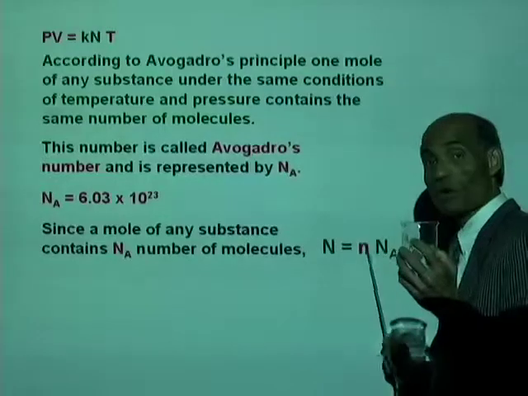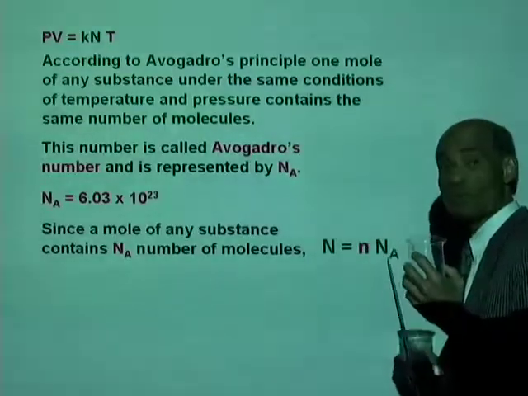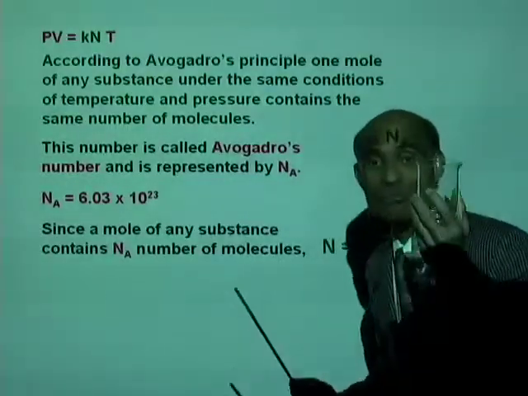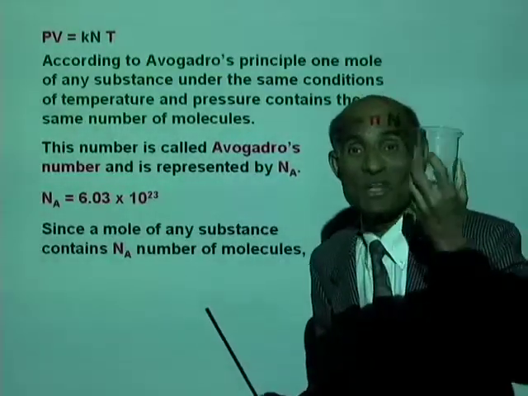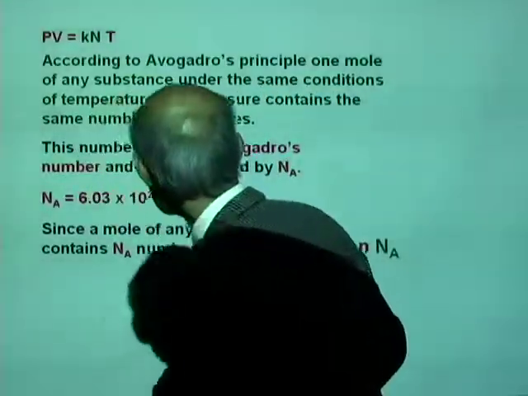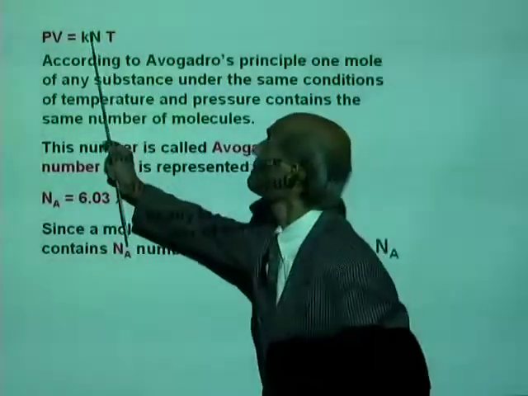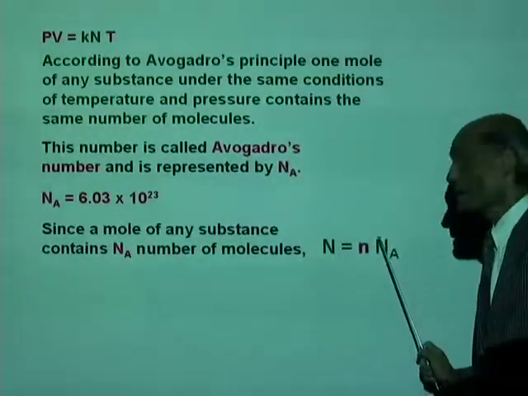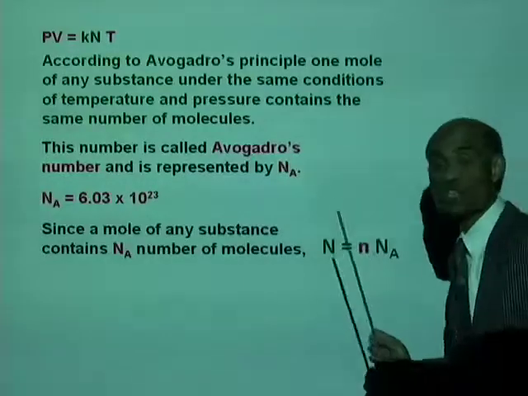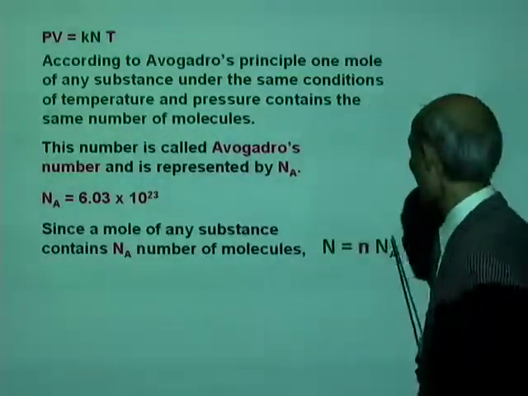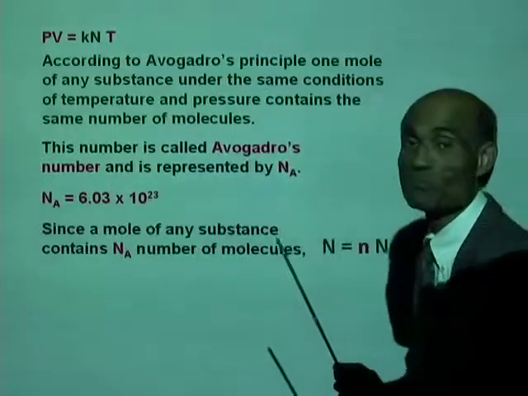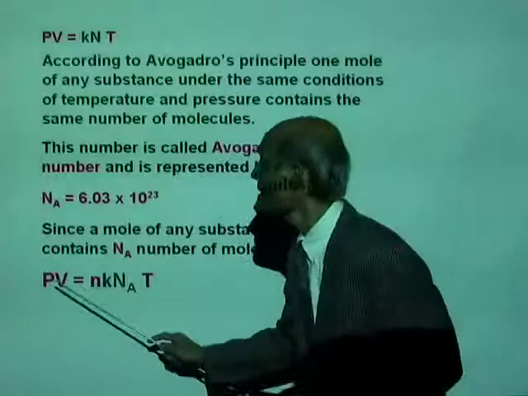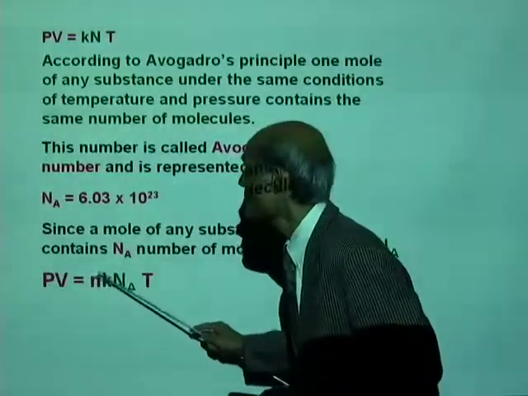So, the number of moles multiplied by the number of molecules per mole will give you the total number of molecules in your sample. And that gives us PV equal to